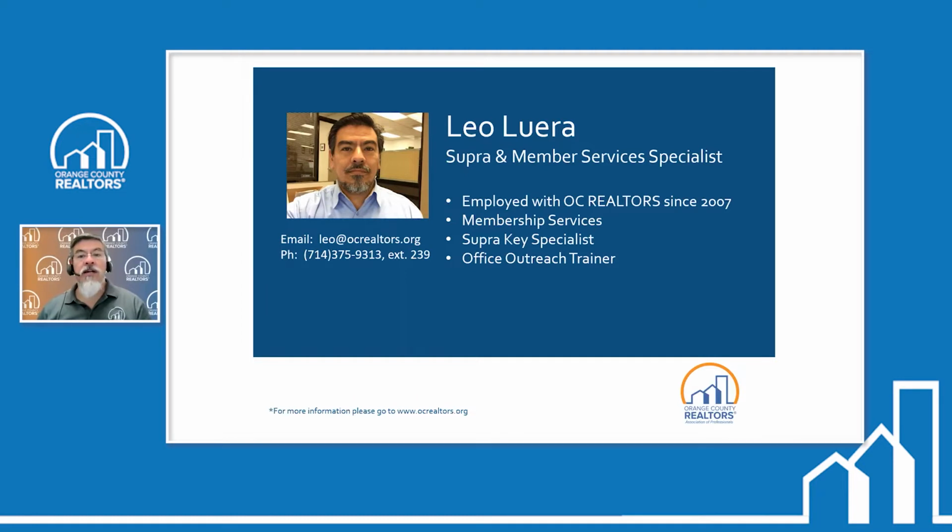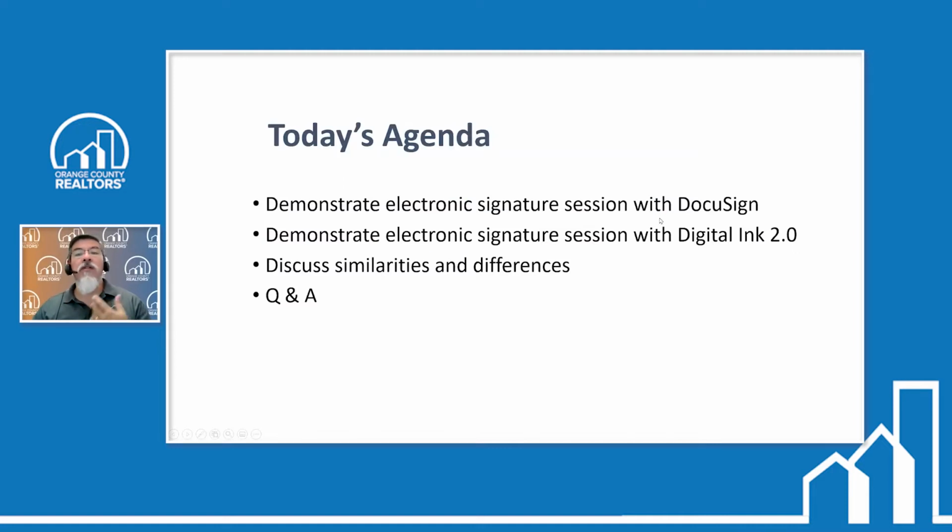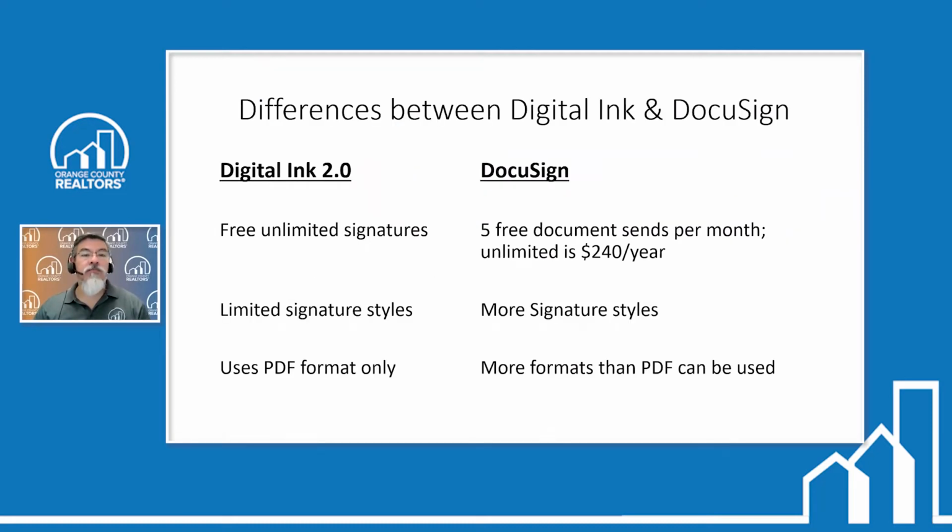And we're going to be covering, like I said, how to use DocuSign for those who have a DocuSign account, and those who have a Digital Ink 2.0 account. That's going to be everybody that uses zipForms. And then in between the class, in the ways we do it, we're going to show the differences and similarities between the two, and then answer any questions for you. So to get started,